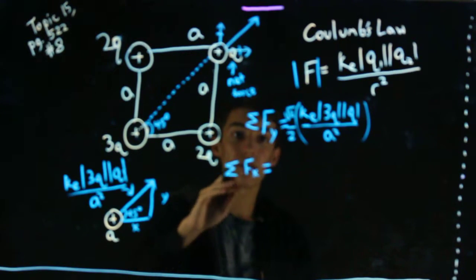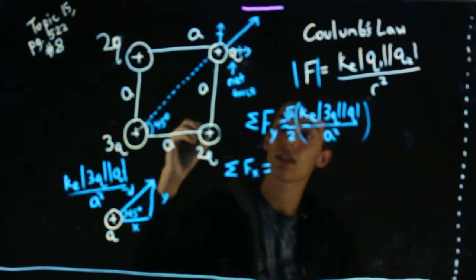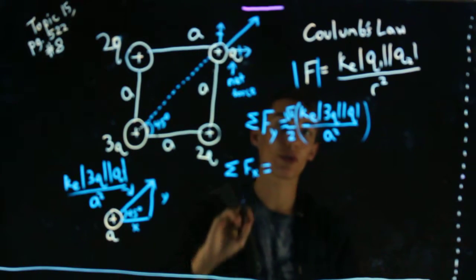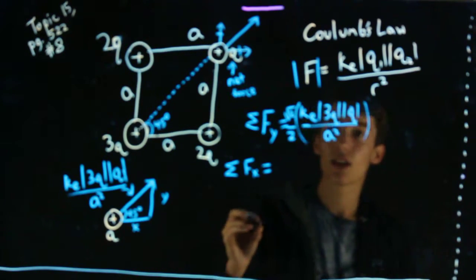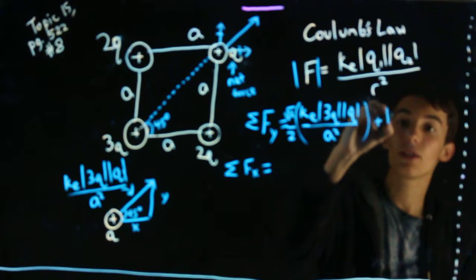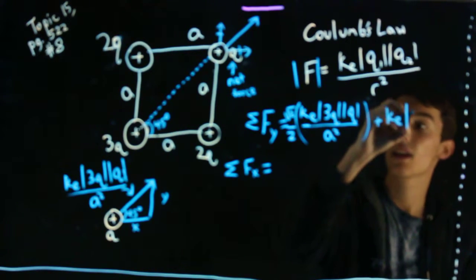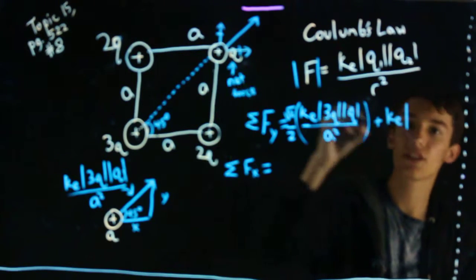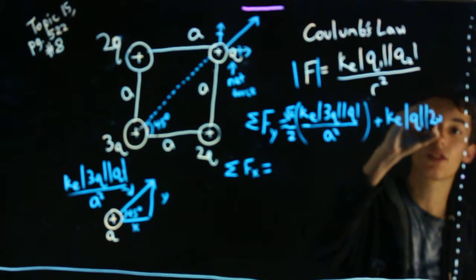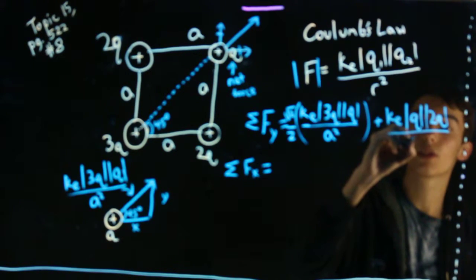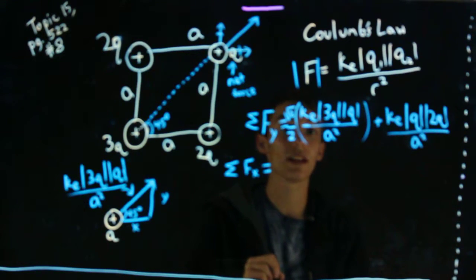We also have, less complicated to calculate, the force from these two charges, and it's going to go straight up, so we don't have to do any right triangle or vector shenanigans. So we'll just add that right onto it. That force is equal to, again, our electric constant times the magnitude of our first charge, doesn't matter which one is which, times the magnitude of our second charge, all over, once again, a squared, because a squared is the